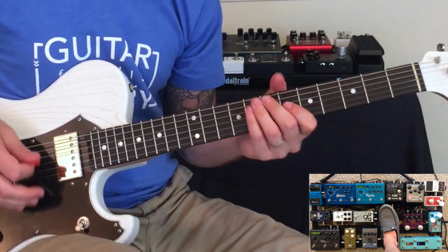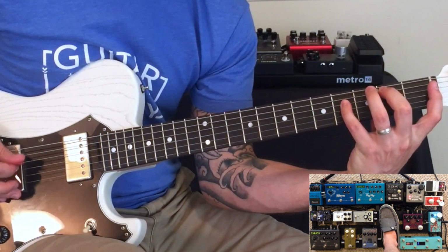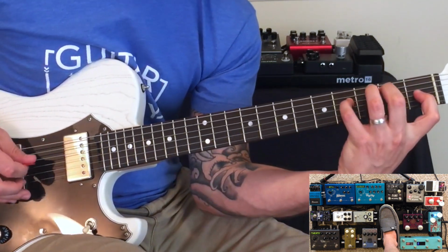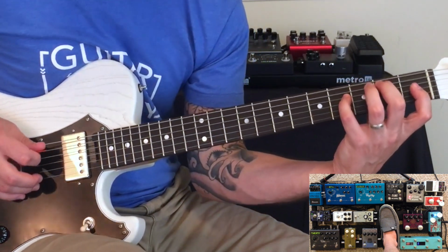Now the fingering for this next part is kind of like playing a B power chord, but like this. And you're going to add in the 3rd of an E chord. And the picking pattern is